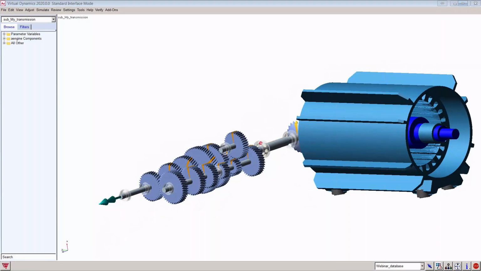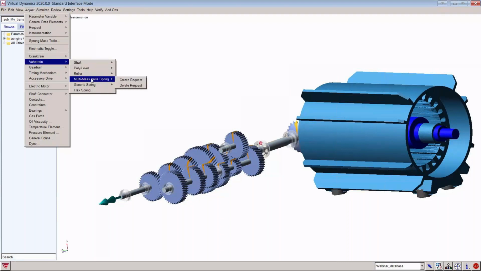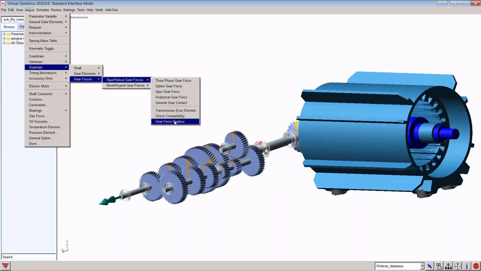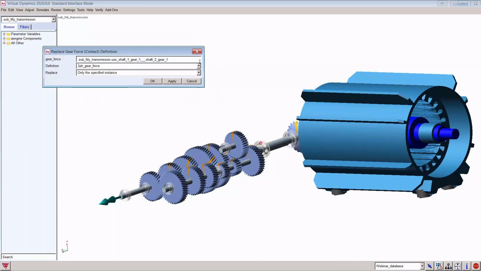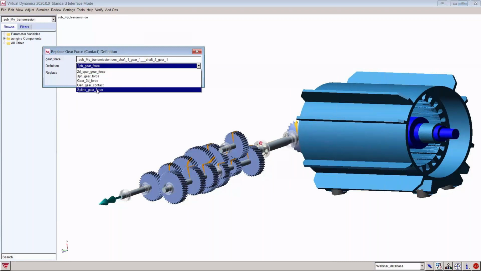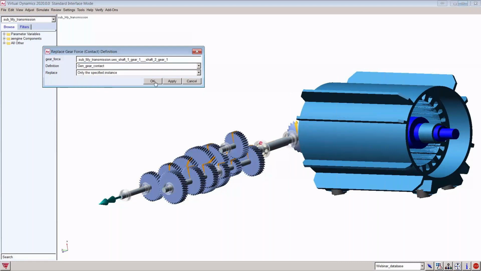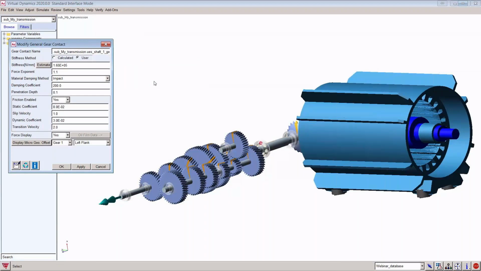So there are a lot of different gear elements and gear forces available in virtual dynamics. And let us now also change the gear force. So gear element, three-phase gear force, the default gear force which we had, to, let's say, the state of the art, the most complex gear force available to us, which is the general gear contact. This will, of course, require a lot more definition of the gear contacts, the oil film, the stiffness, the force exponents. Luckily, we have these estimated and calculated options available. Impact is what we are always using. I will leave all the other parameters as default right now,